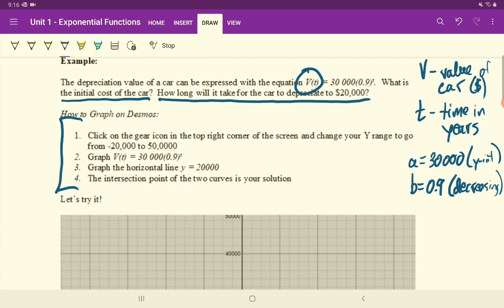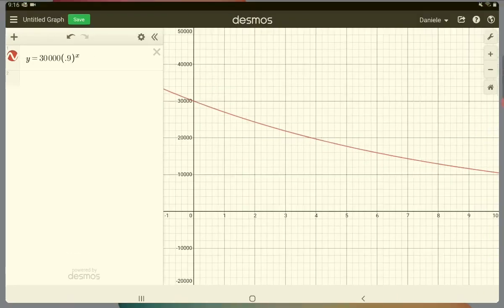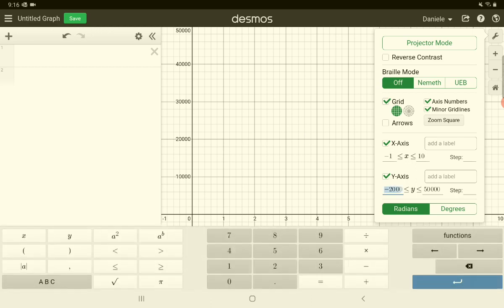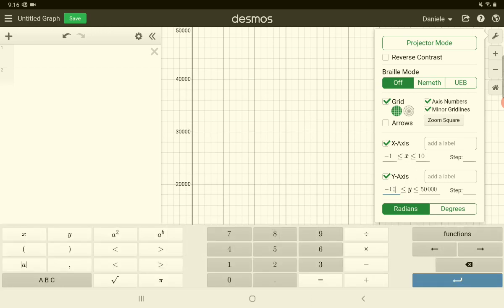So first and foremost, in Desmos, right? And I left some instructions here. We're dealing with a y-intercept of 30,000. We're going to have to change our scale in Desmos, because Desmos certainly does not by default have a scale that shows 30,000. So let's go into Desmos, and I'll actually delete my curve so I can show you guys how to do this from scratch. And I will go back and change these numbers as well